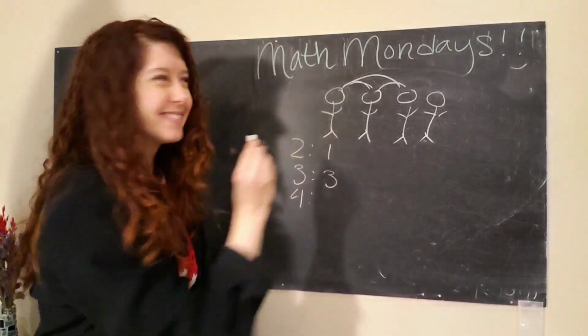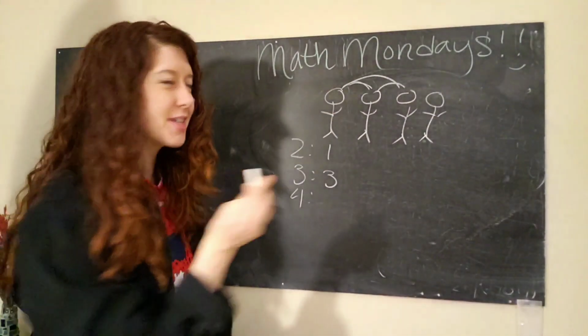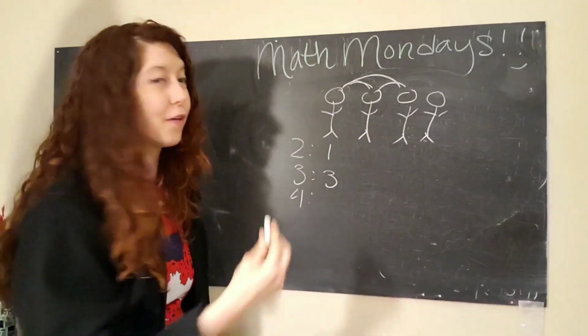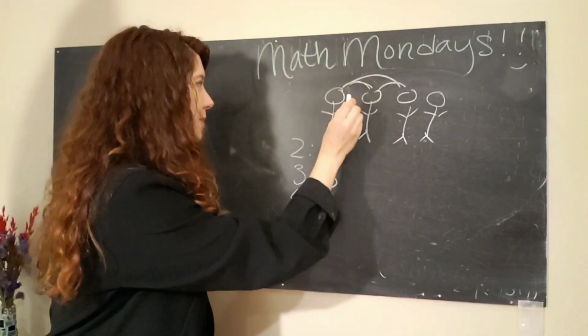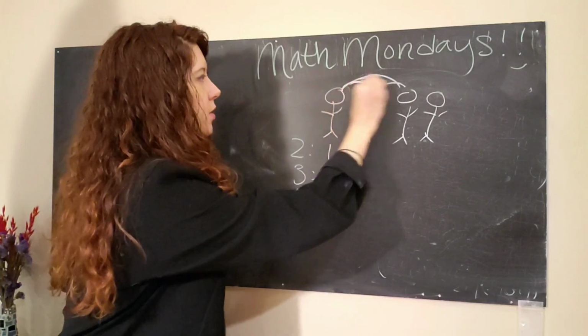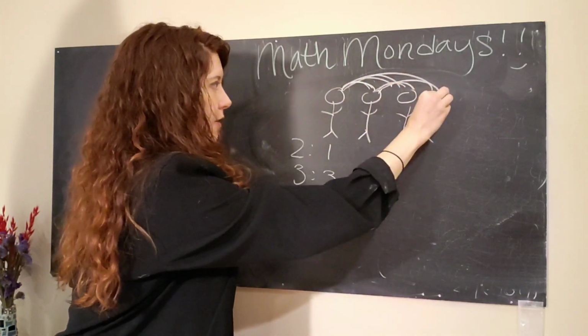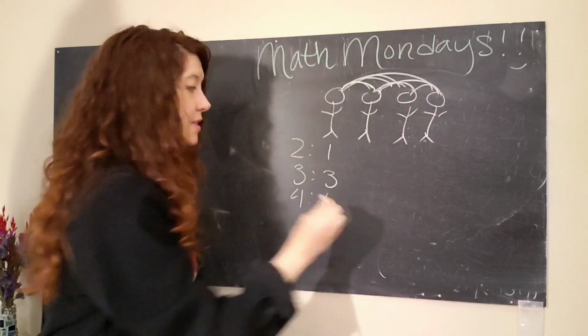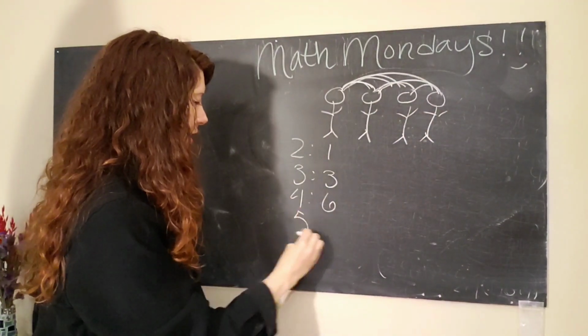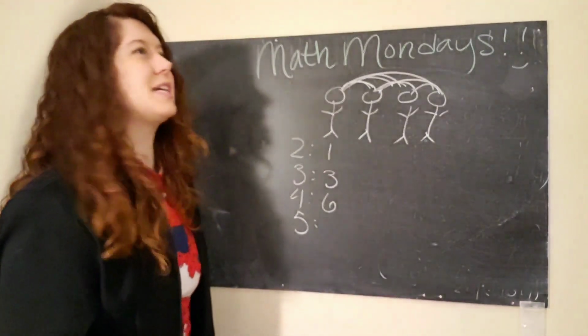Let's count it again. And by all means, do this. Let's do this together. So if you have a piece of paper in front of you, go ahead and do the same thing. So we're going to count 1, 2, 3, 4, 5, 6. 6 comparisons. I feel like I'm in a Sesame Street episode.